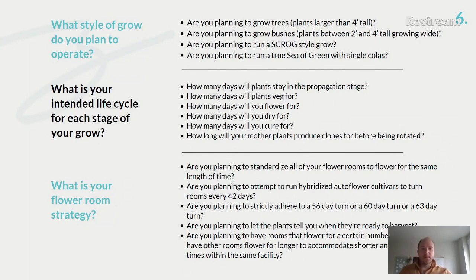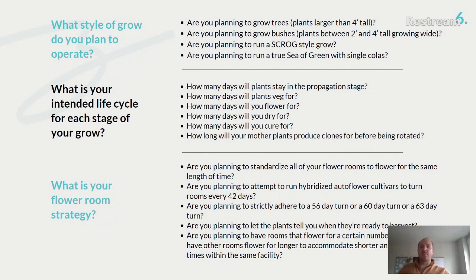They'll go into flower room 1. 2 weeks later, I'm going to be able to have another crop ready to go into flower room 2, and so on, so that in an 8-week period, I've had 4 cycles of plants rotate through that veg room to supply each one. And by the time I'm ready to harvest that first flower room, I've got plants that are ready to move directly from veg into flower, so that I lose literally 0 days between each crop and each harvest. I'll get a little bit more into that process in another slide or two.